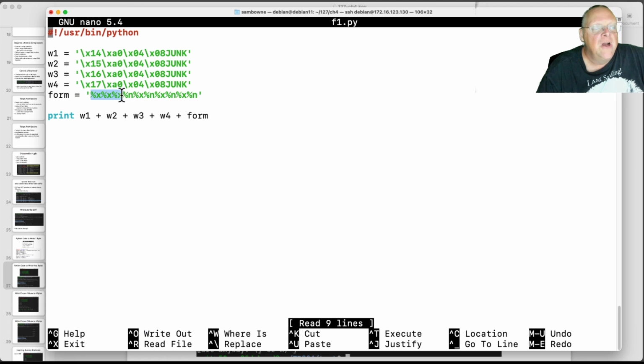The 4th word you write. Then there's another one that's just a hexadecimal word. That's this junk that you're not using. And then the %n again to write, and %x, %n, %x, %n. So these 4 strings will now write to these 4 values. So I will write to the 4 bytes in the 32-bit word 1 byte at a time. That's what this one will do, f1.py.